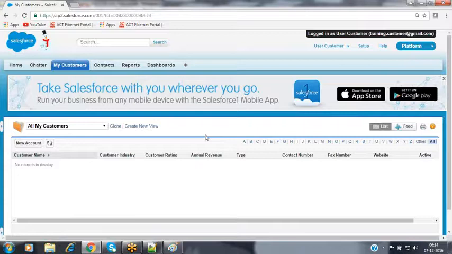Now I want to grant access to the customer user also. With what? With read write access. The record is the same and the users are many. Depending upon the user, I'm granting different access here. Let's see.